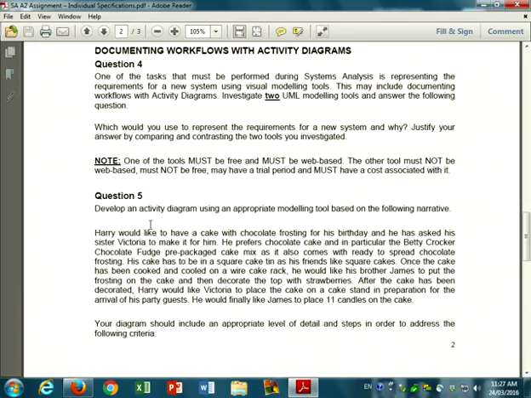I could have said to everyone, go and use Microsoft Visio as the tool, but I'm not going to do that. I'm going to give you the option. There are a number of UML modelling tools available, and I quote UML in front of it. It's got to be a UML modelling tool to create UML diagrams. But I want you to think of it from 2 different aspects. I want you to pick